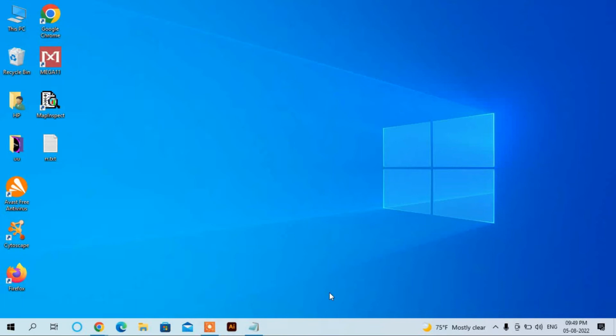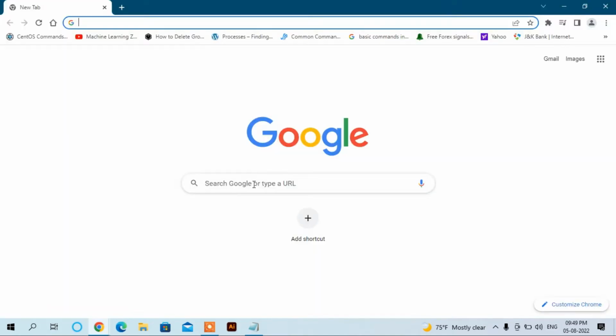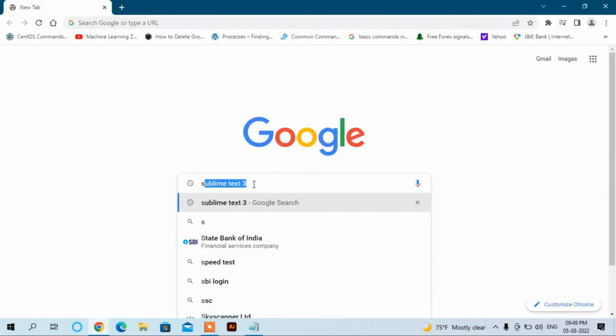Hello guys, in this video I am going to show you how to download and install Sublime Text 4. Sublime Text 4 is usually used by developers and it's the most famous text editor. So let us start. Open your favorite browser and write down here Sublime Text 4